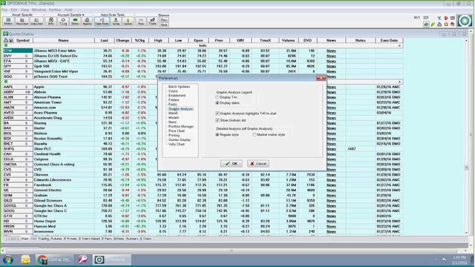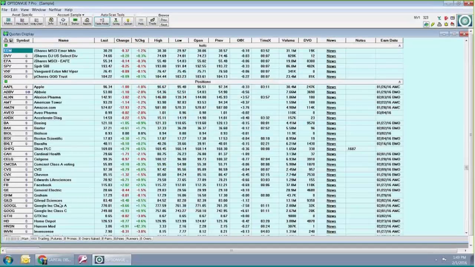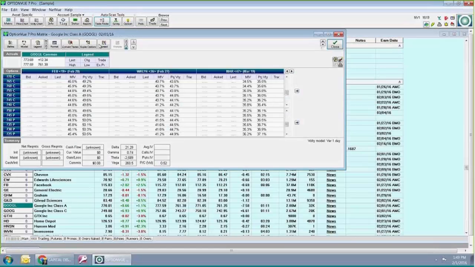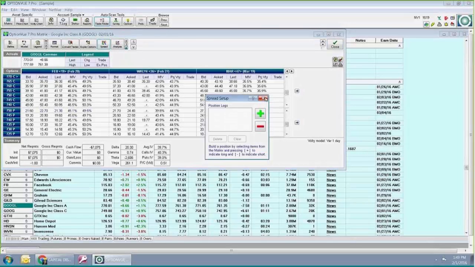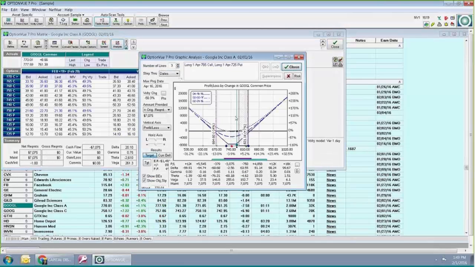You can adjust the fonts and things. But in the graphic analysis, there are a couple of things, like if you want T+N or to display dates. When I'm looking at Google and I analyze, you'll see that in this little legend, it shows me the actual date of each line.